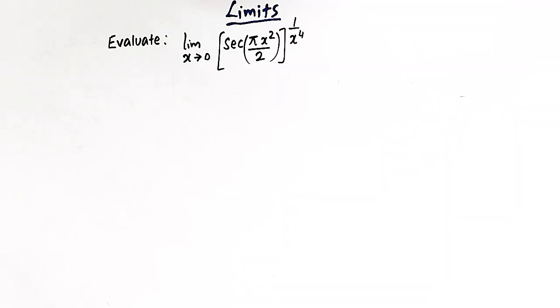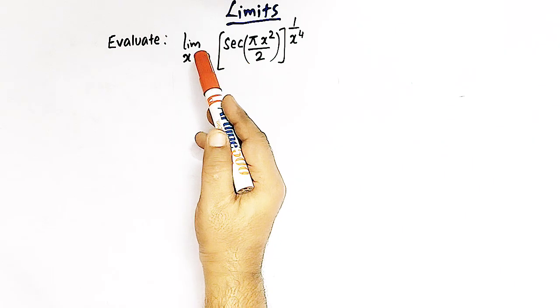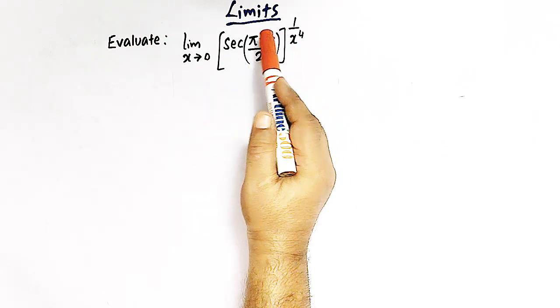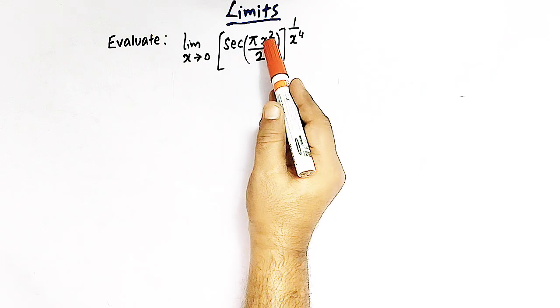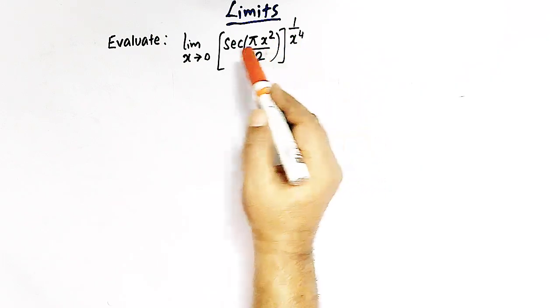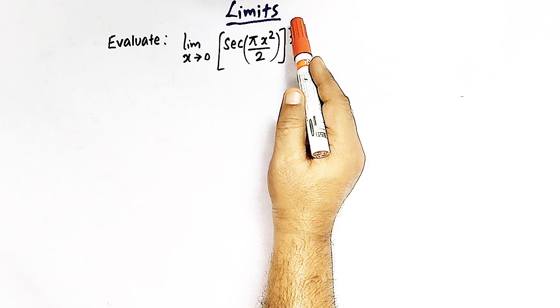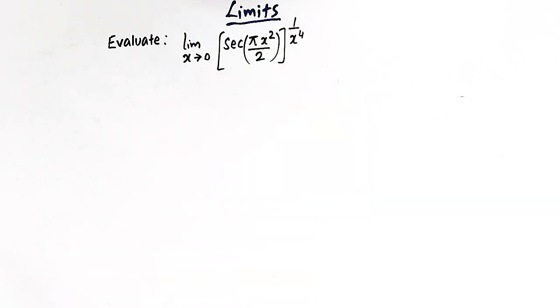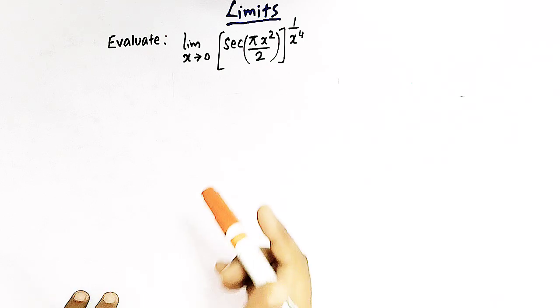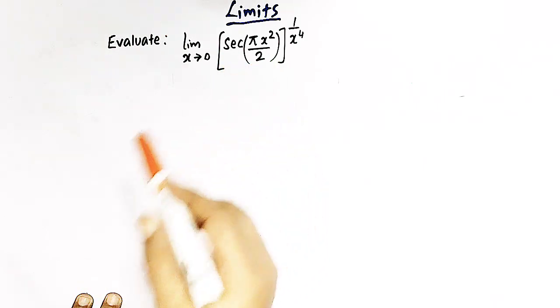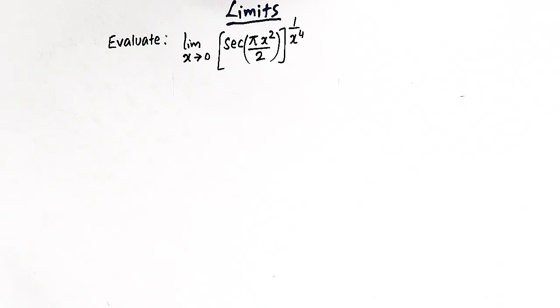Hello viewers, in today's session we are going to discuss another important and conceptual problem from limits. In this session we are going to discuss this limit, that is limit x tends to 0, of secant(pi x square over 2), and the whole power is 1 over x raised to 4. In this class we'll learn how to evaluate this type of limit, which belongs to a special